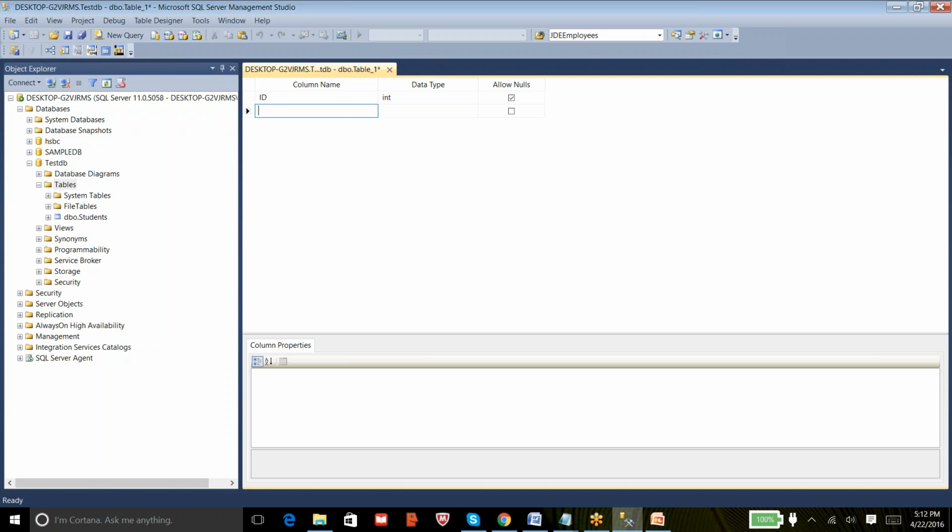This is what happens when you fill online forms. In place of date of birth, if you type something else, the web page doesn't accept it. It is because at the backend the data types were designed that way. So for ID, I would like to have only integer values, and then as a third column you can see allow nulls.